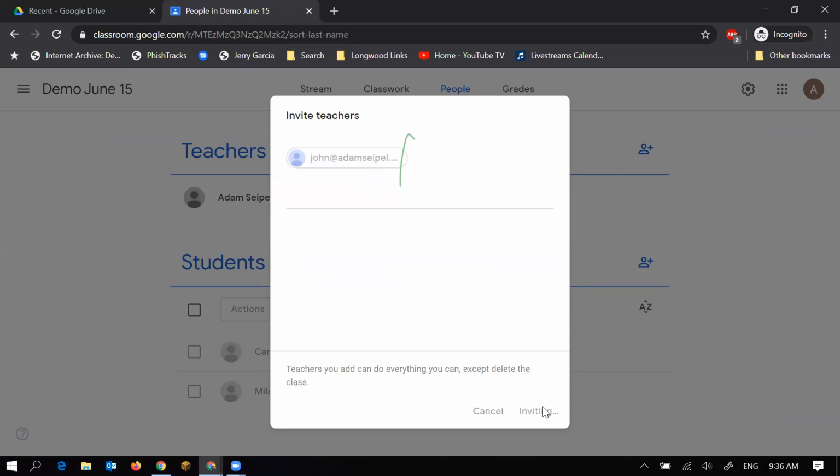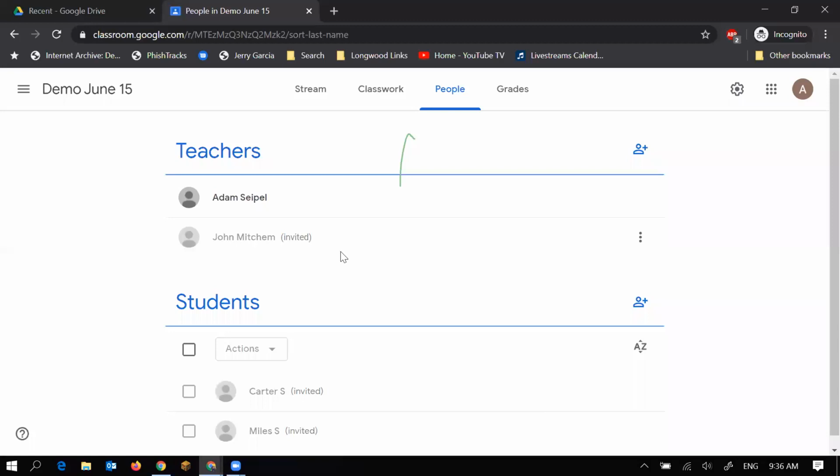And now John's getting this invitation that he can click on, and this would allow him to see all the submitted student work and be able to help facilitate my class. Again, very helpful. If you have a student teacher moving forward, you can use that too. All right, so I think that we've successfully covered